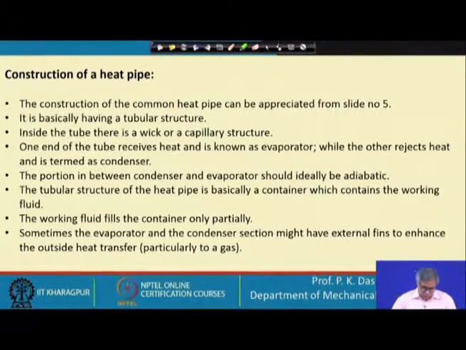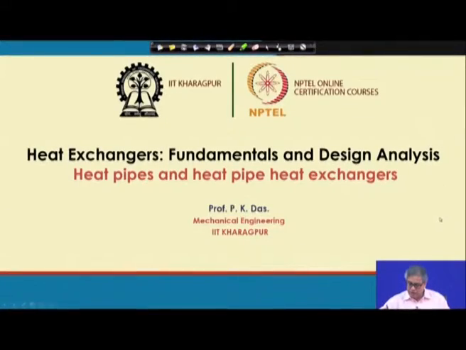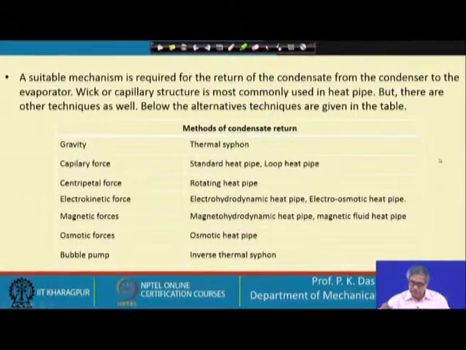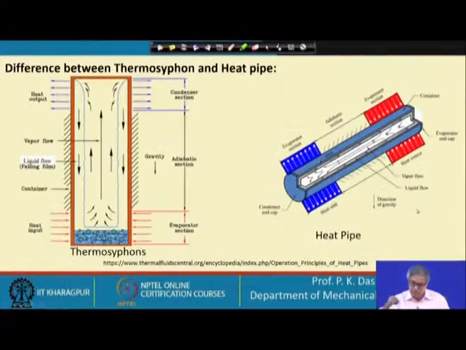You just forget the number, because the number will change, but I am going back to that slide so that it will be easier for you. So, I have to go to a slide of the previous lecture, so this is the construction of a heat pipe. Now let us try to understand the construction of a heat pipe, and then again we will go back to the current slide. This is from your previous lecture.